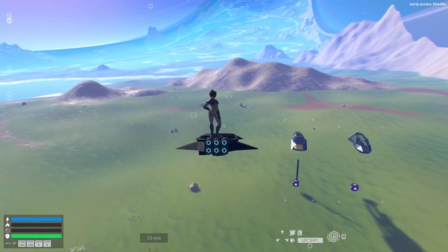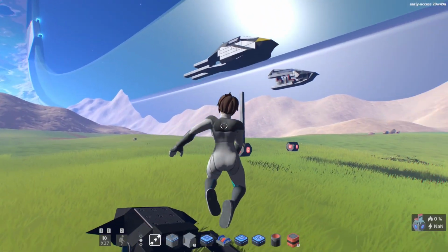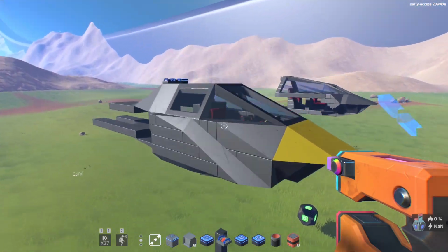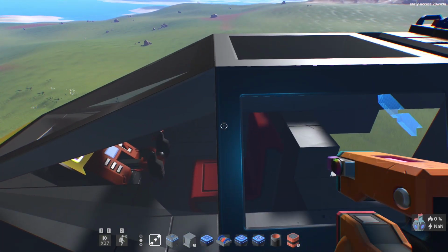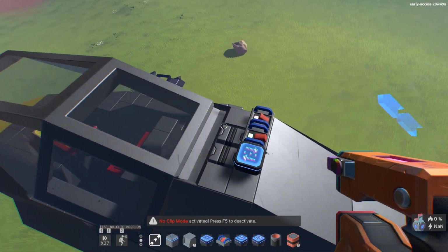So these are another couple concepts that I'm playing around with. I'm trying to make a cockpit, and let's go ahead and take a look at these here. I'm trying to come up with ideas to make a fighter cockpit almost. I'm trying to figure out how to make it as small as possible. That way I can make, you know, a small ship. But we're messing around with